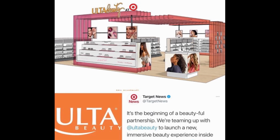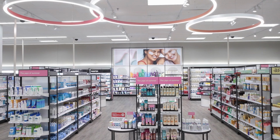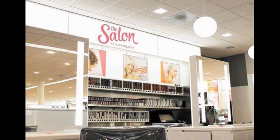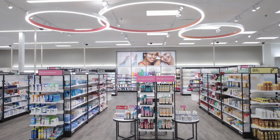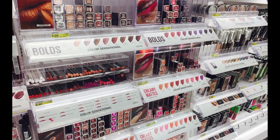This was announced today, and I'm actually pretty happy about this news because I love shopping at Ulta. I like getting my hair done at Ulta because that's where you can get the most points for the money that you spend and redeem it for really good rewards. I'm really glad that Ulta's doing this. This is definitely going to beat